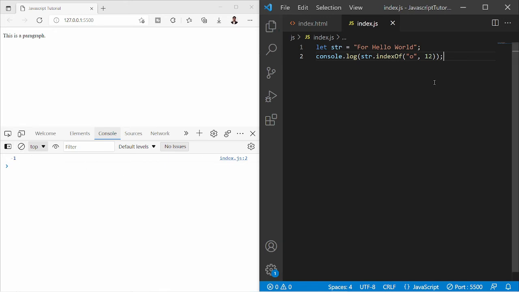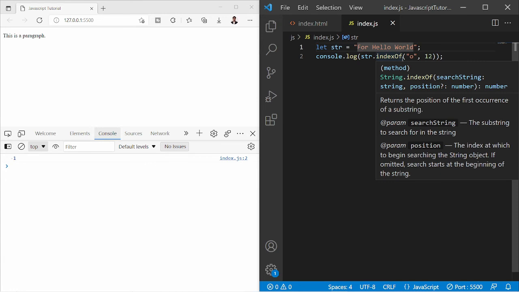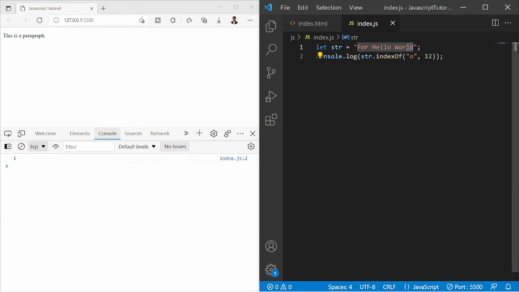Now there is a similar method called lastIndexOf. As indexOf searches for the given word or character from the start, the lastIndexOf method will search from the end of the given string, and it will return the index of the first occurrence from the last.